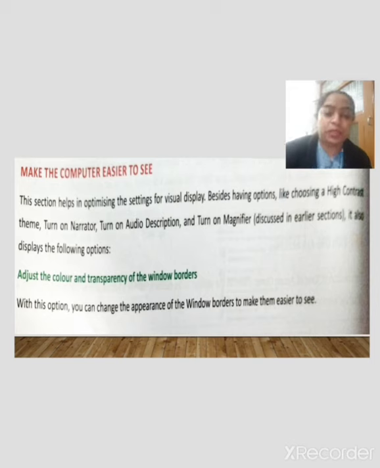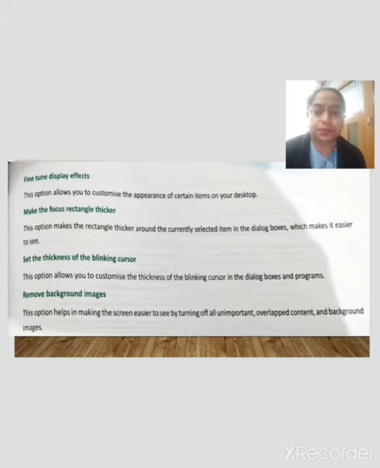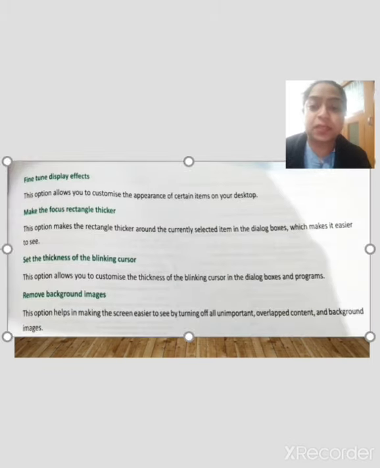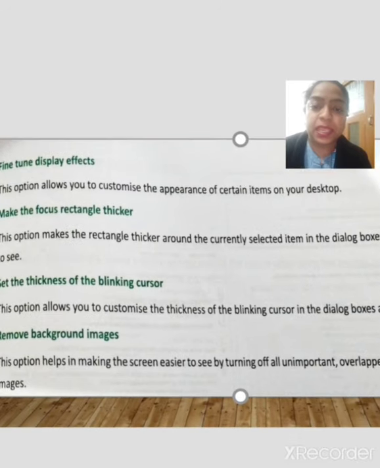You will see that there are also some other features available, like adjust the color and transparency of the window borders. With this option you can change the appearance of the window borders to make them easier to use. Next is fine tune display effects.